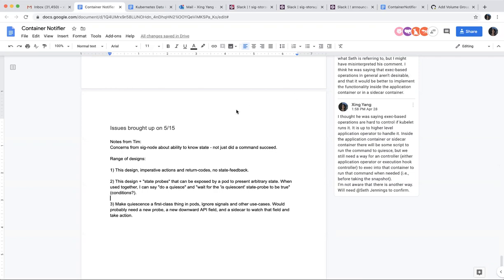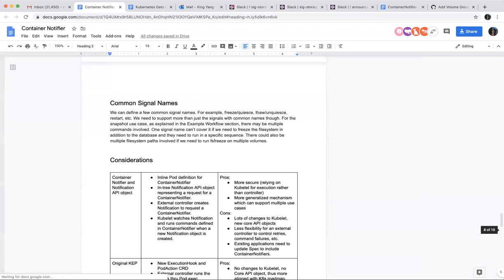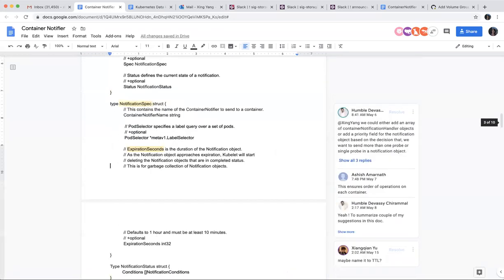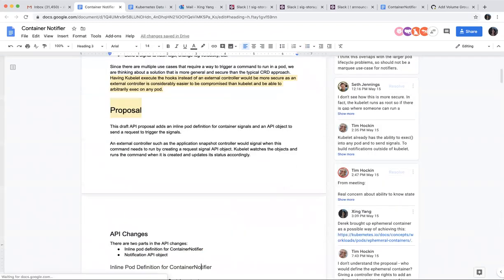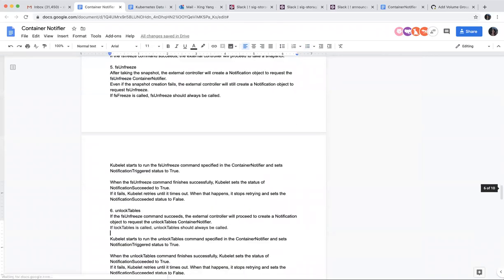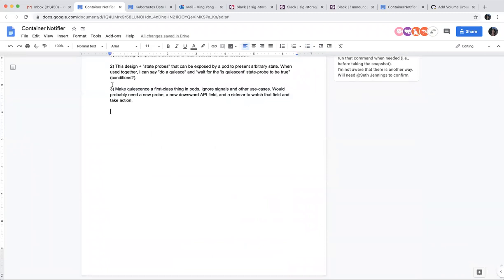Use cases, I listed a few here, but you can go look at this issue that Tim opened a long time ago. He would like this one to send a signal. But this is something that we can still discuss, because one of the options here is, do we just make a QoS a first class citizen for pods, right?